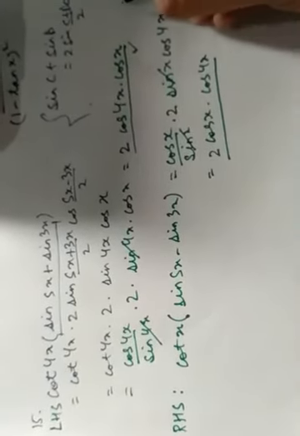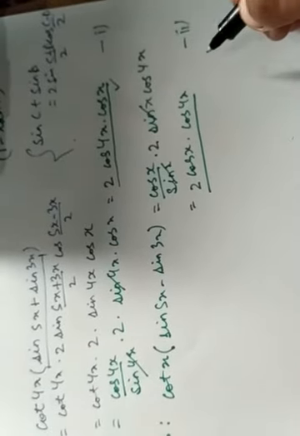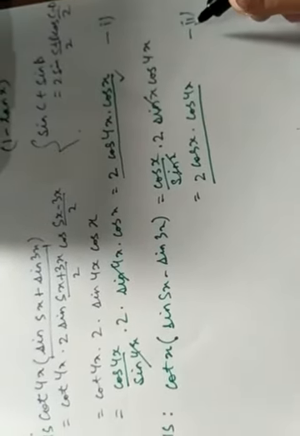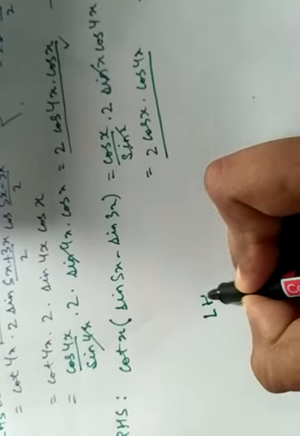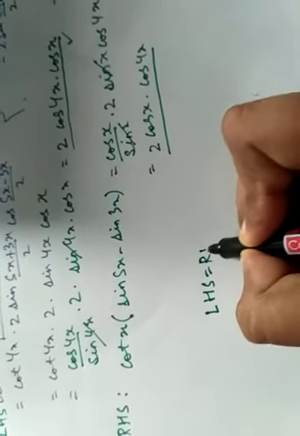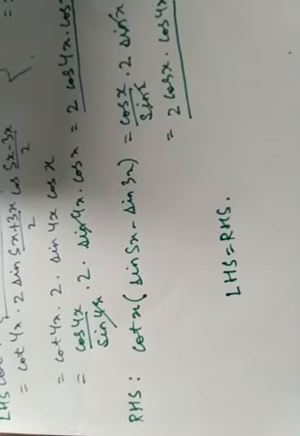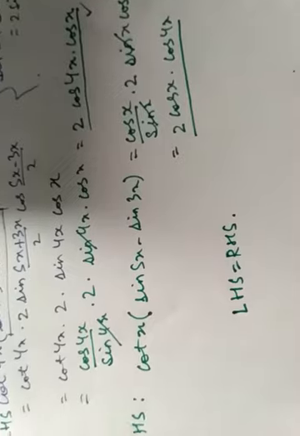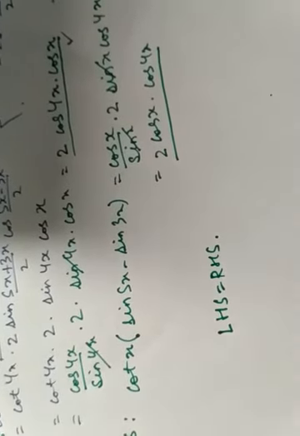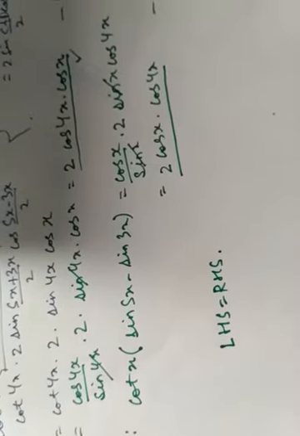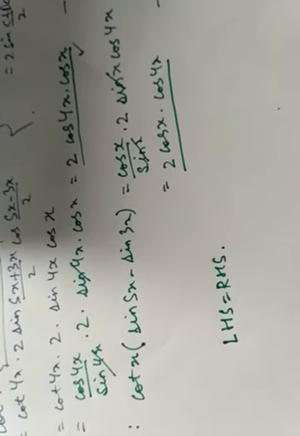So from these two, let this be statement 1 and this be statement 2. The one side from statements 1 and 2 are the same, so we can say that LHS is equal to RHS, and hence we have proved that both the sides are equal. So similarly, if there is any other question, try to solve it on your own. And now we are going to discuss the next exercise and the formulas which we need for solving the next exercise.